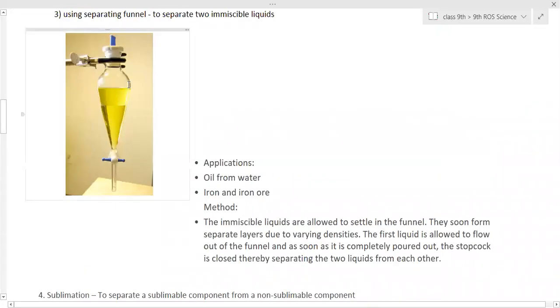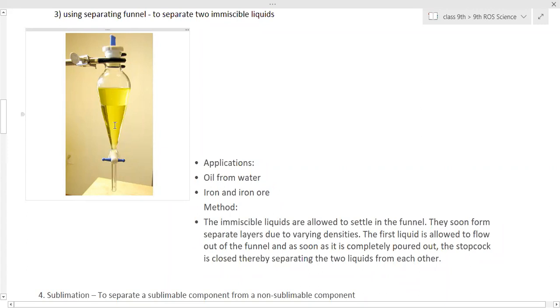In this, a special funnel-like shaped structure is present. In that container, we have to add two immiscible liquids. Here is a stopcock. When we open it slowly, the lower part of the liquid starts moving down and gets collected into the container. We should be very careful. As soon as this boundary moves to this area, we have to close the stopcock. Then the full lower liquid has moved to the beaker, and we have to stop this.